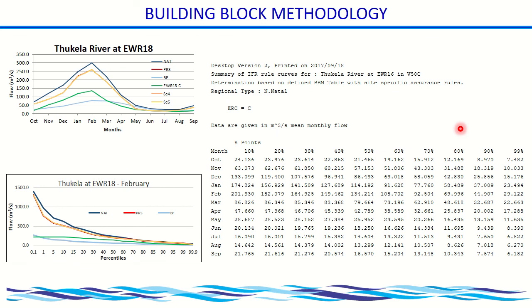And at the end, I can provide all of this information into what we call a flow duration table. So this flow duration table says for different months of the year, what is the exceedance curve? For 100% of the time, how much water must be there? You may not go less than this value. But in terms of the floods, I want some floods that look like this. Please, in December, January, I want 150 cumecs. You understand? So we can just give them tables that explain all of these different components.